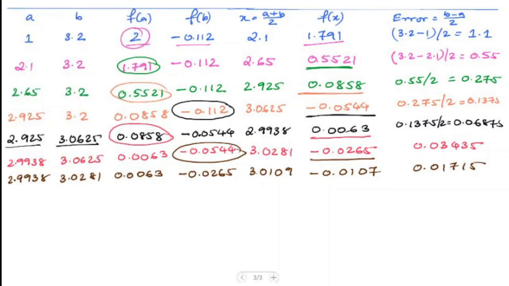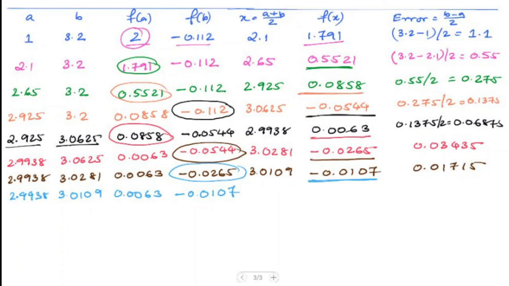So here, now this number here is negative, which would mean that we'll replace from f of a and f of b the negative number, which is this one here, and we'll write it as minus 0.0107. And because we're replacing f of b with f of x, b will be replaced by x, that is 3.0109. a remains the same and f of a also remains the same,